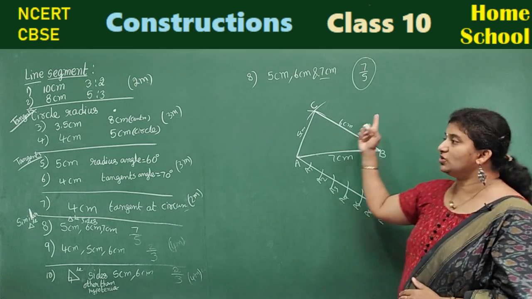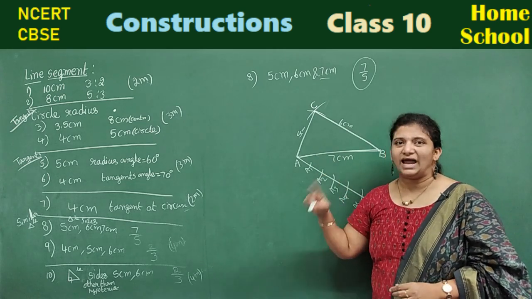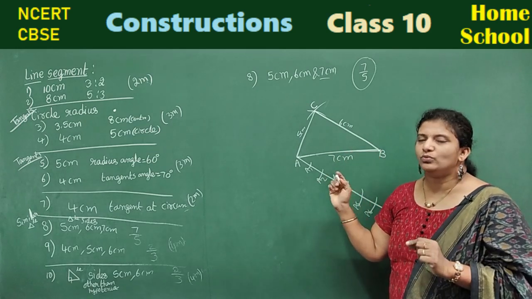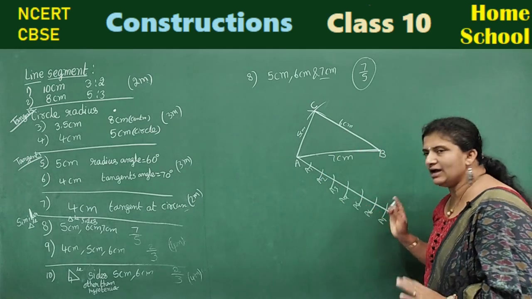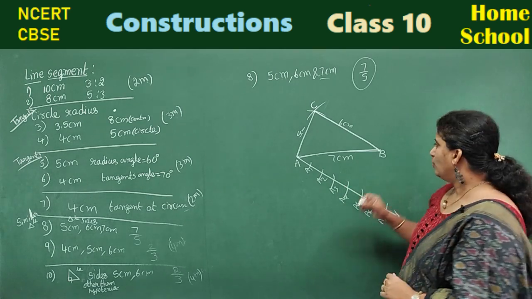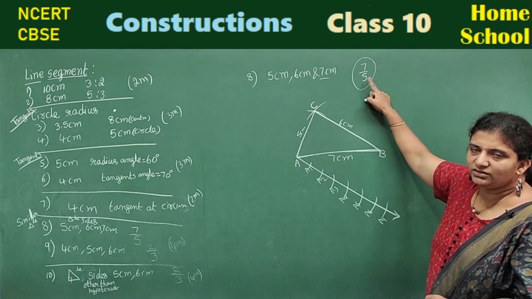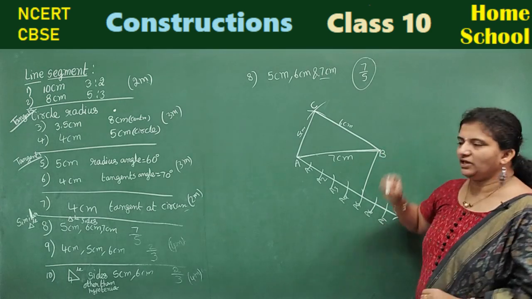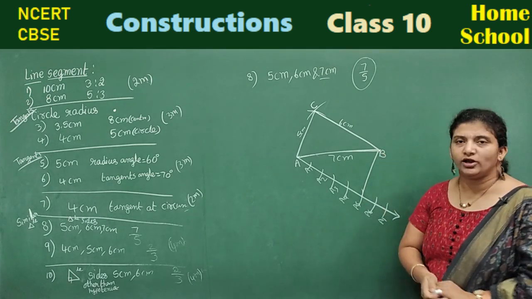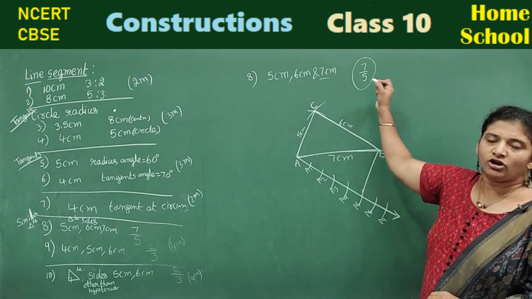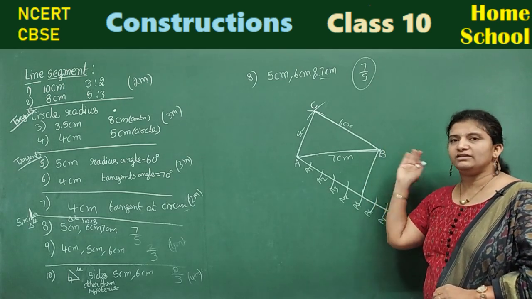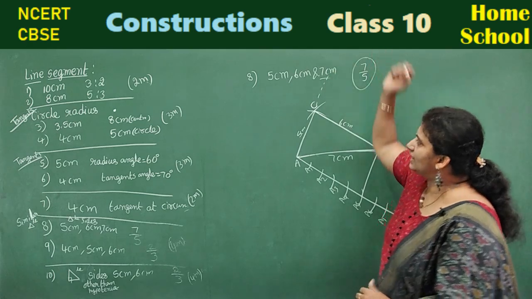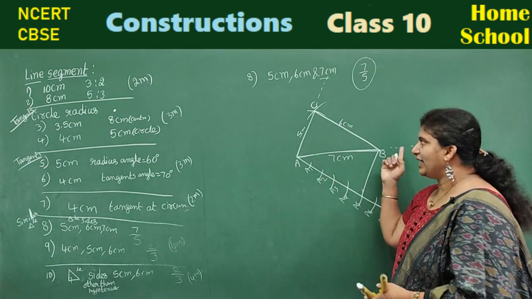Okay, observe the ratio. Whereas in a line segment we are going to add the ratio, in this similar triangle we need to see which is the greater number, and that many arcs we need to do. Now, what is the denominator? Denominator is 5. At A5, join point B. Now, according to your ratio, the triangle is outside, so you need to extend this line carefully. So your new triangle will be outside, right?